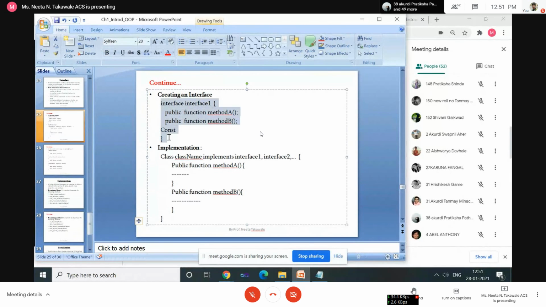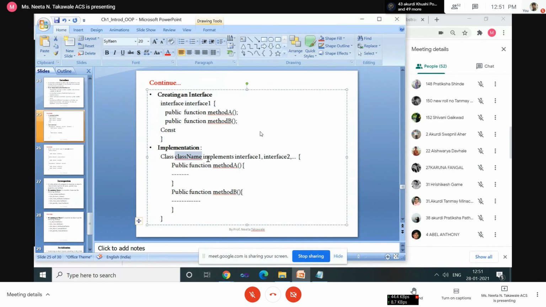So this is the declaration of the interface, and how we can implement it. Now see, suppose class name is one of the derived classes. Okay, it is implementing interfaces. Suppose there is interface one, and interface two is another interface, and you want to inherit the properties and methods of interface one and interface two inside the class.